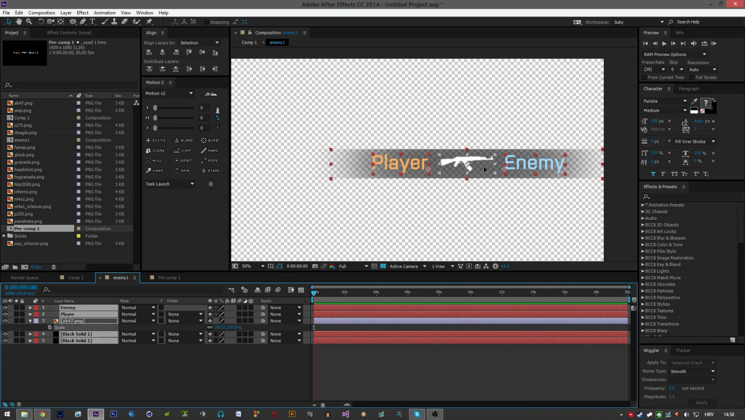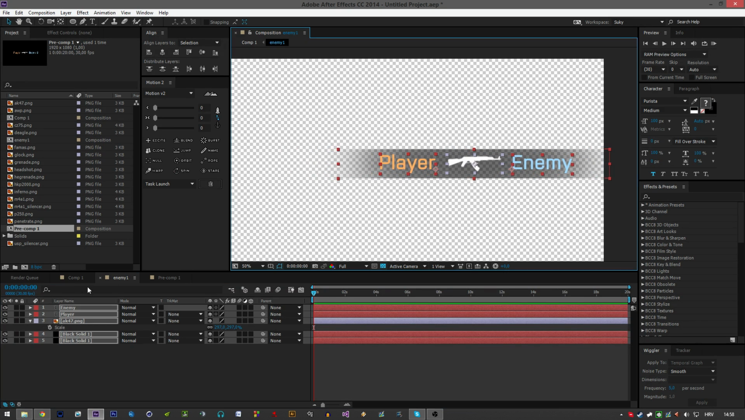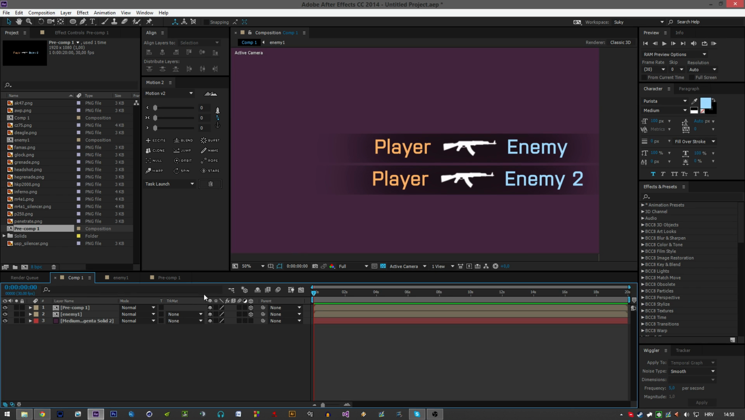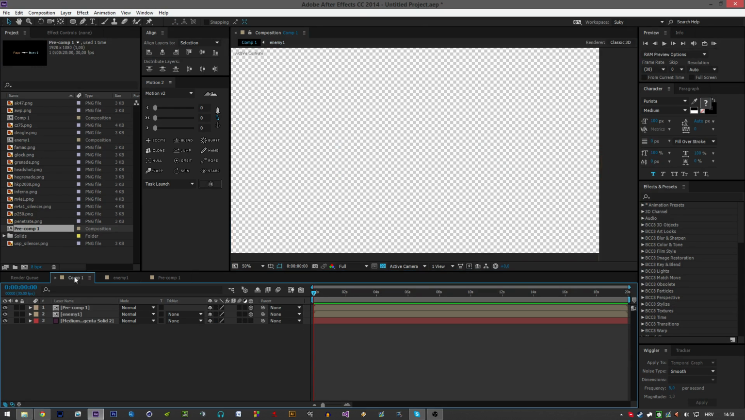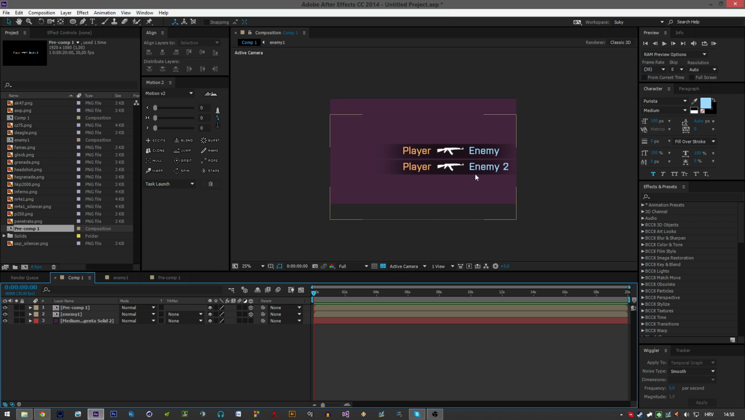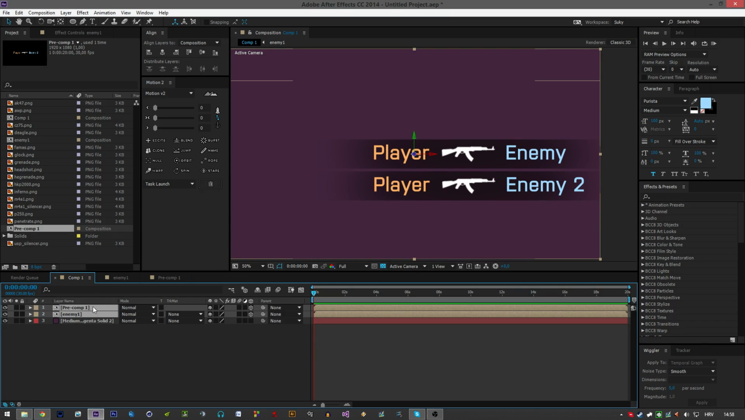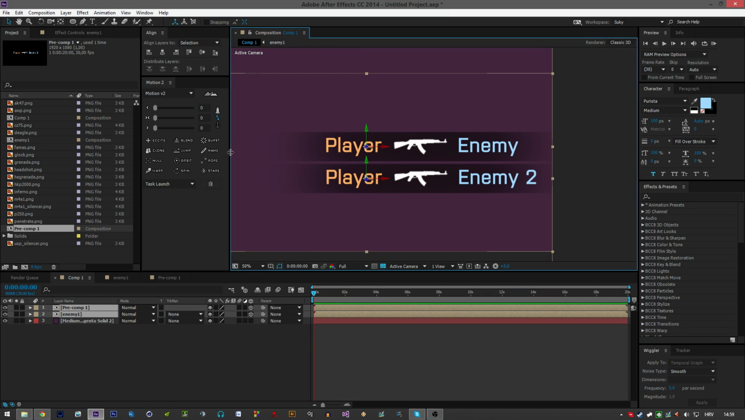And let's move this one like this. This one is actually up, wrong way. There we go. Yeah, that looks fine. So now what you want to do is move the anchor point to the right, and